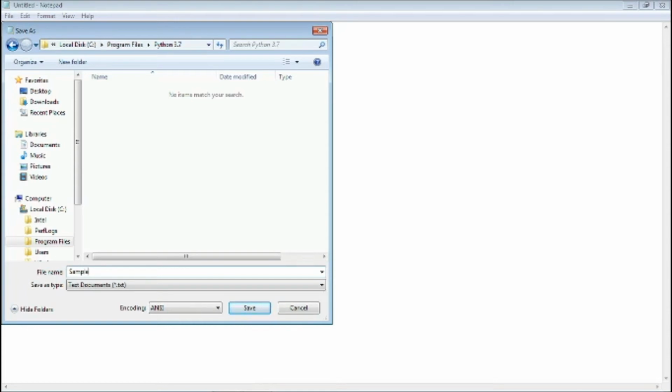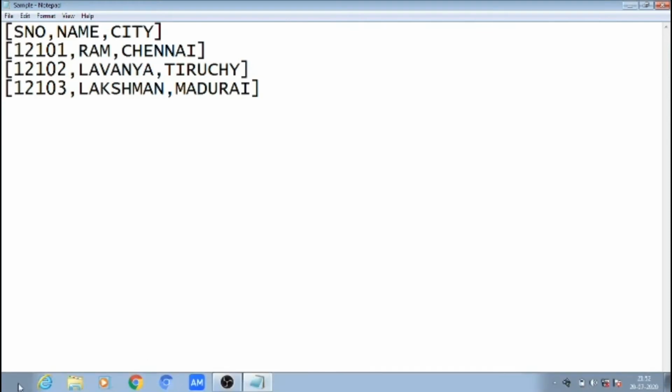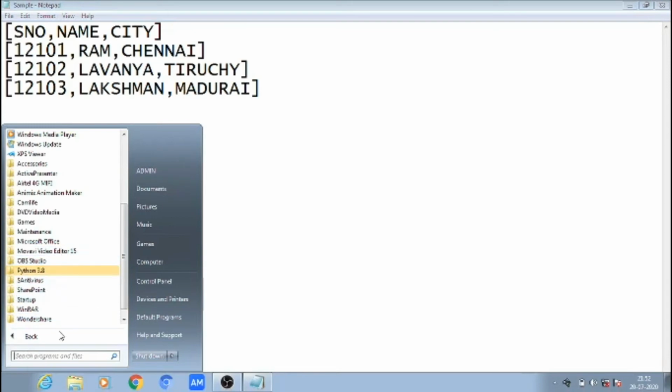By using this for loop, we access line by line. The next one is print(row). We are going to print each row. After reading, we close the file: f.close(). After typing the file, we save and execute it.